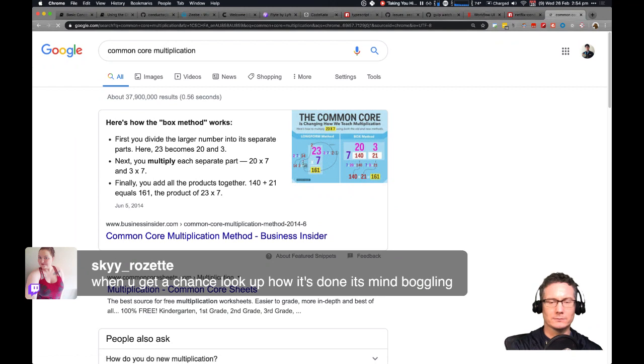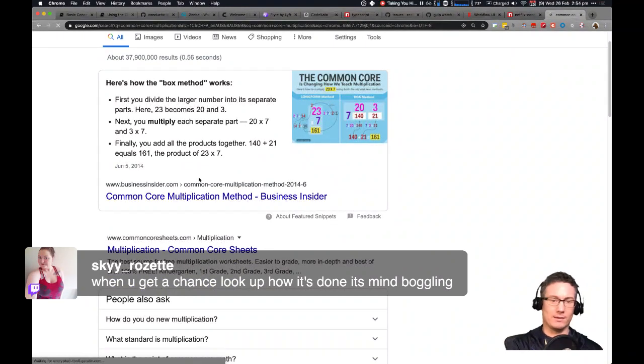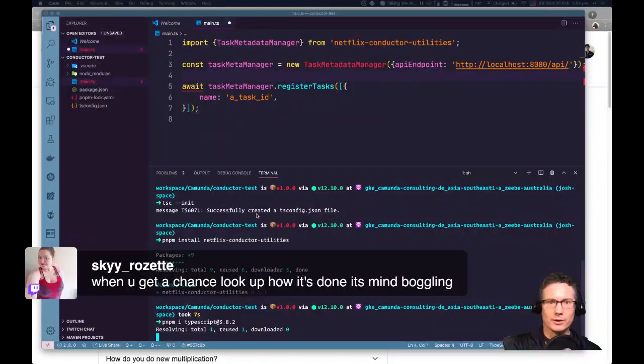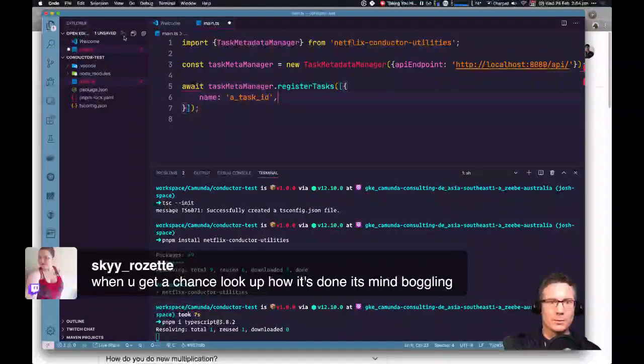Multiply each separate part. I think that's actually the way I learned how to do it. 23 times 45. Let me show you how I do it, and then we'll see if it's the Common Core method or something else.